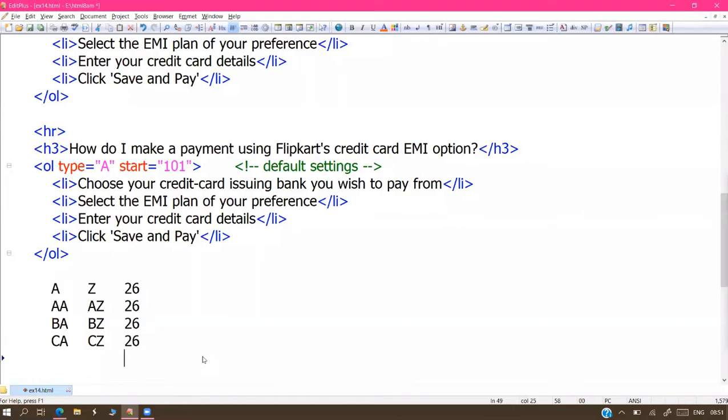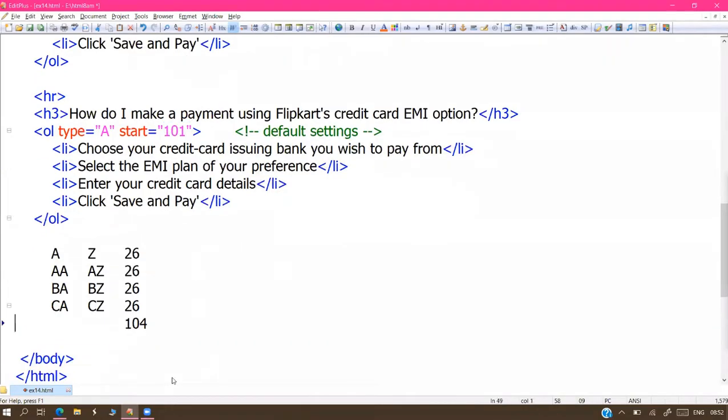26 times 4 is 104. Total is 104, but we gave 101 only, right? So total 104, we need minus 3. So CZ goes up, before that CY, and before that CX. And the starting number is 101.